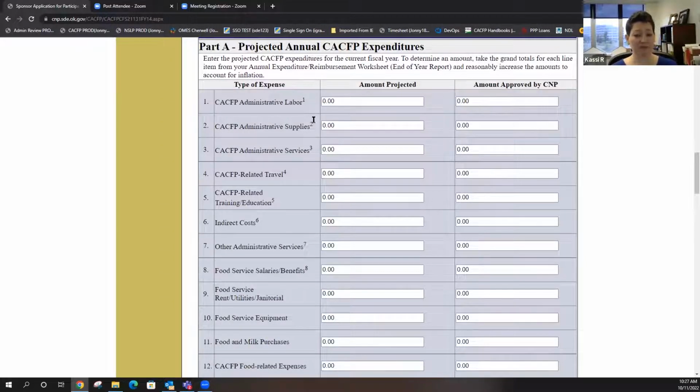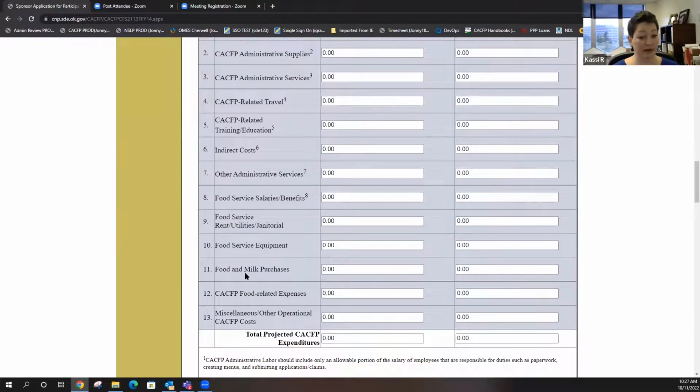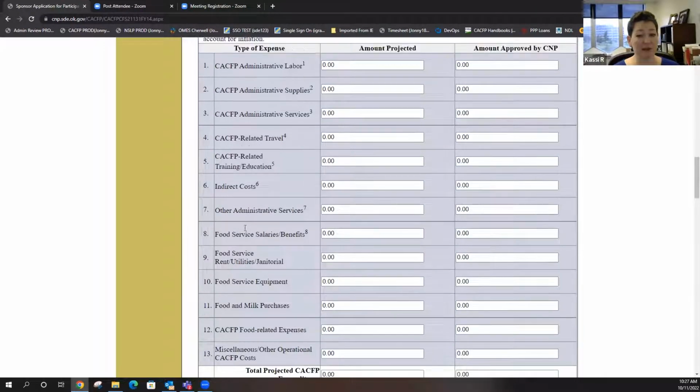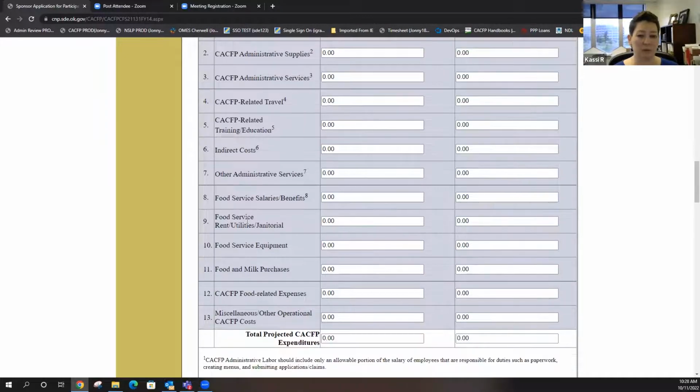Part A on a sponsor budget works exactly the same as what I just went through. So I'm not going to go over this one in detail, but you do have some extra line items here. That's just because you have additional expenditures that an independent wouldn't have. You guys are required to train your sites. You're required to travel and monitor and things like that. So we felt it was important, we still broke down some of those admin costs a little more than we did for the independent. But it doesn't change the goal here.